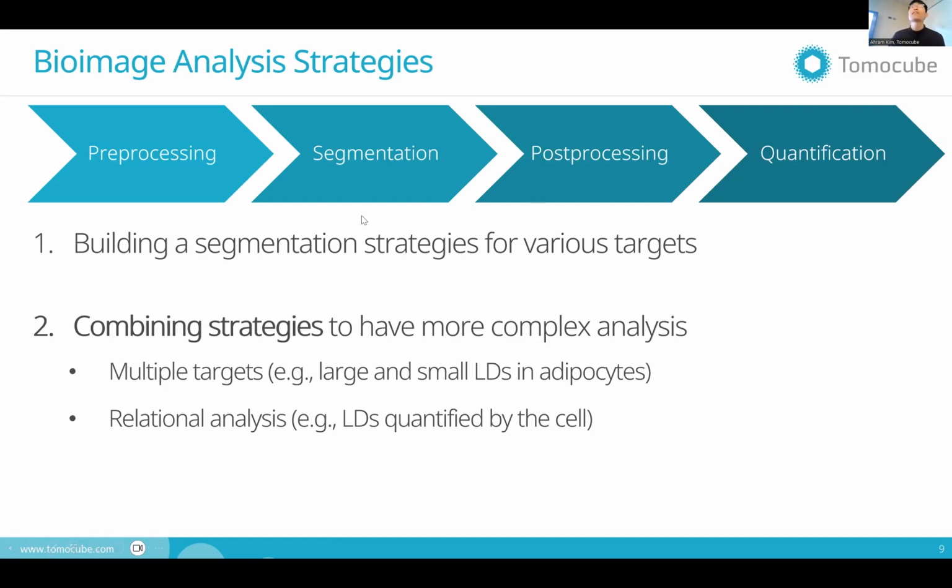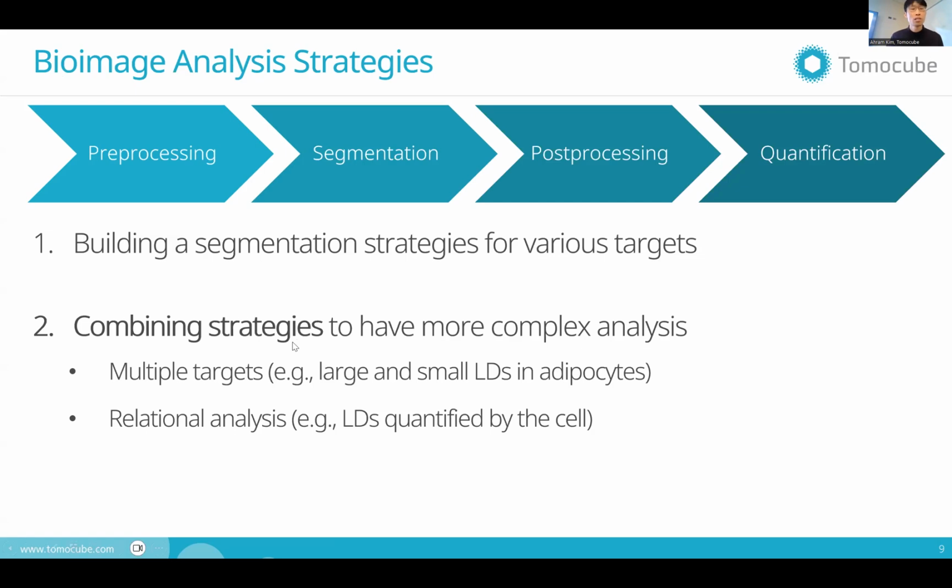Once we get the strategies for identifying targets like LD or cells, we can combine those strategies for a bigger, more advanced or complex analysis, so we can segment multiple targets at the same time. For example, when there are large LDs and small LDs, we can do it in a divide and conquer way: we segment large LDs and small LDs separately and combine the two results